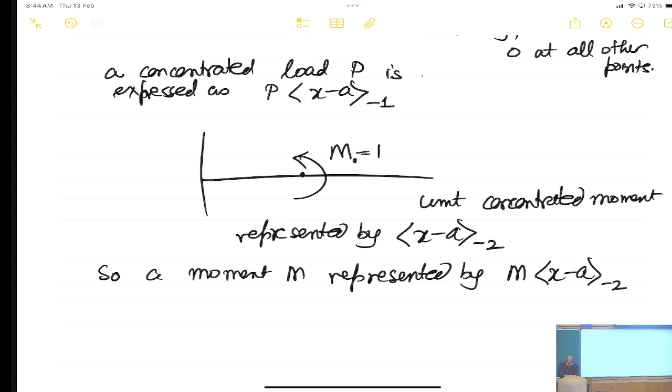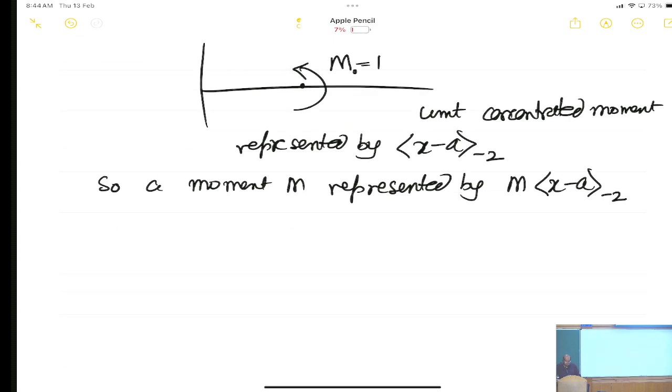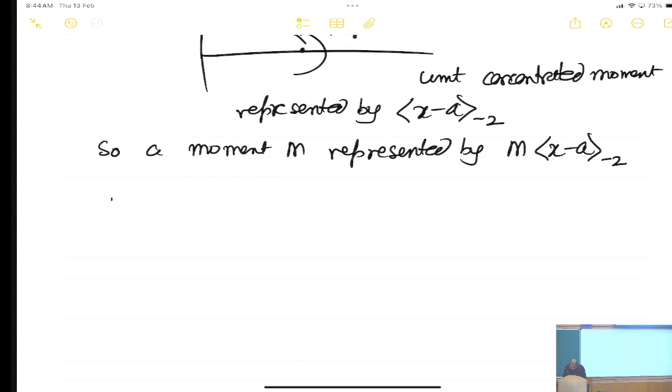So, moment m would be represented by m times x minus a to the minus 2. So, how do we use these things? Let me just come to this. So, how to use the